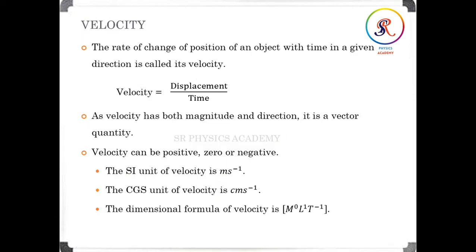Now, what is velocity? The rate of change of position of an object with time in a given direction is called its velocity. We know that the terms velocity and speed give us an idea of how fast or slow an object is moving. But we come across situations where we need to identify which of two or more objects is moving faster. So one can easily tell the faster of the two